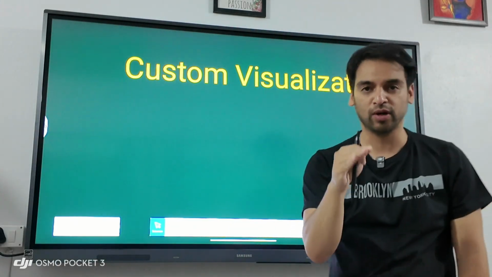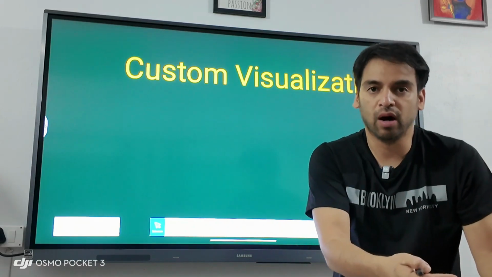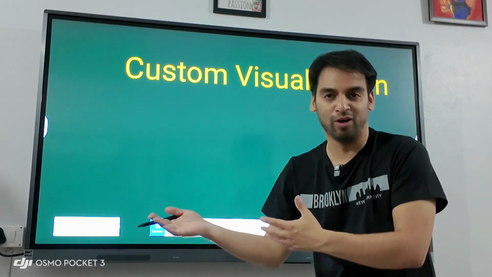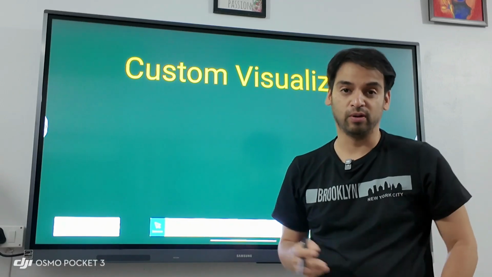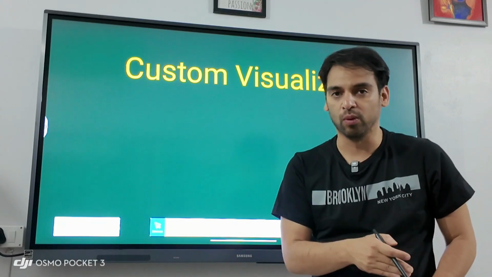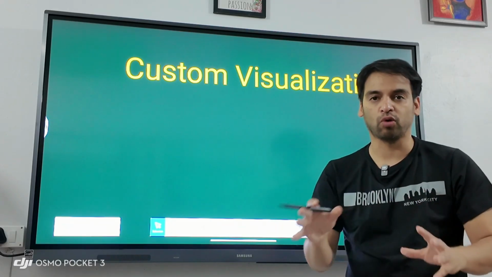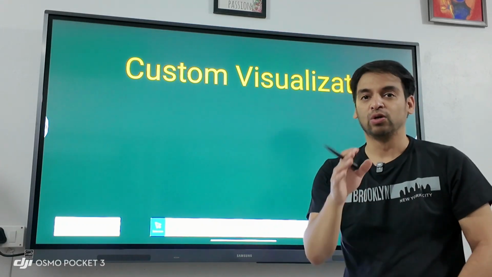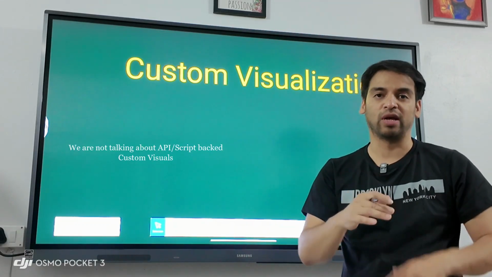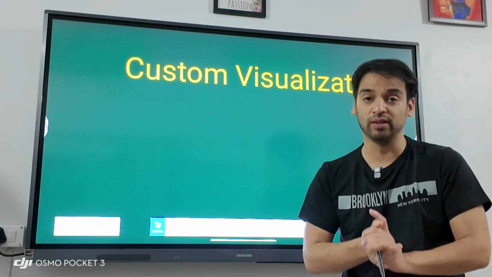What I mean to say is that, with Tableau, if you start with a bar chart, you will end up with something like a lollipop chart and so on. So there is a variety over there. If I compare this with Tableau, Power BI is a little static. You can always do JavaScripting and all, but I'm not talking about that. I'm talking about what you can do with the core functionality of Power BI. So there are little limitations. You cannot have much innovative solutions with Power BI.